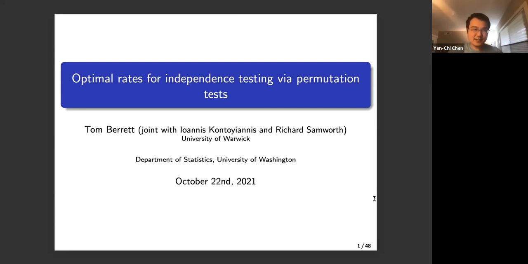It is my great pleasure to introduce Thomas Berrett from University of Warwick. And Thomas has worked on all kinds of exciting topics, including a lot of permutation tests, independence tests, nonparametric statistics. And recently, he's also working on a lot of problems in differential privacy and change point detection. And Tom received his PhD from University of Cambridge, working with Richard Samworth. And then he did a postdoc also at Cambridge and also did a postdoc with Christophe Butucea. And today he's going to talk about a very exciting topic on the optimal rates for independence testing via permutation